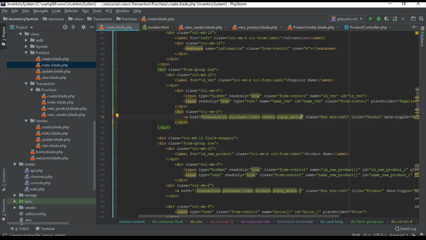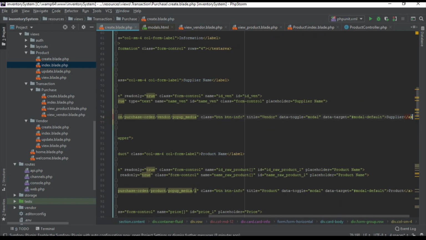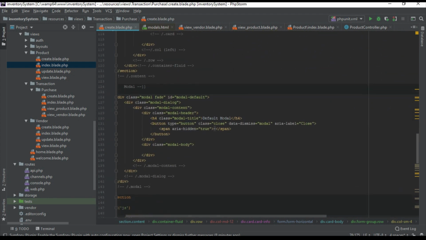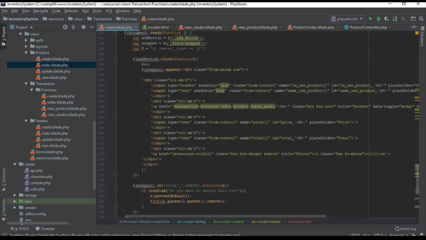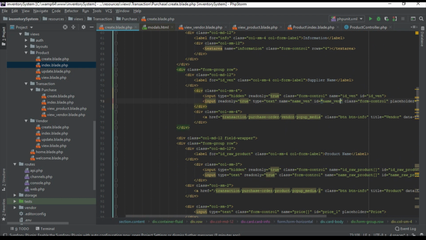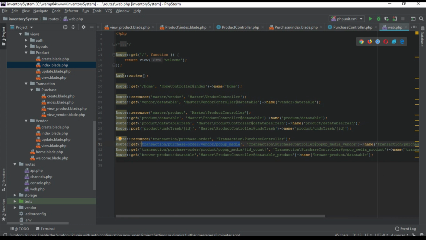So this we have done already, pasted here our link for our pop-up media. Then default model is already here, so no need to do anything here. We don't need anything. Okay, I think this looks good. And then inside reviews,